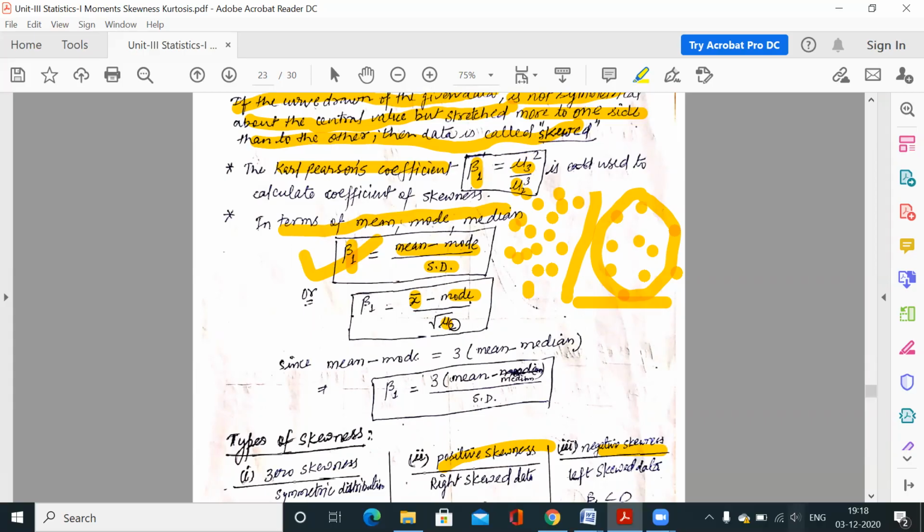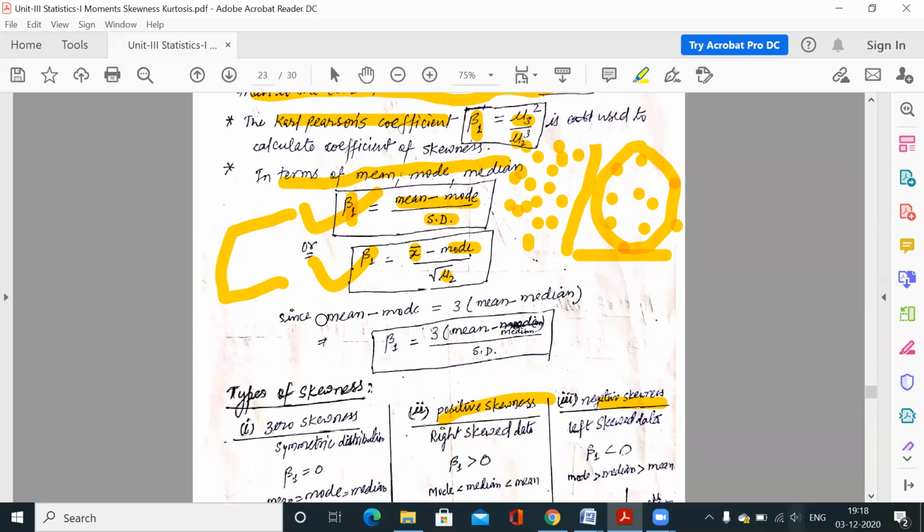So mu2 is the variance, and the square root of variance is the standard deviation. So we can use this formula also. X bar is just a different notation, otherwise these formulas are the same. This is mean, this is mean, this is mode, this is mode, this is standard deviation, this is the square root of mu2, that is standard deviation.